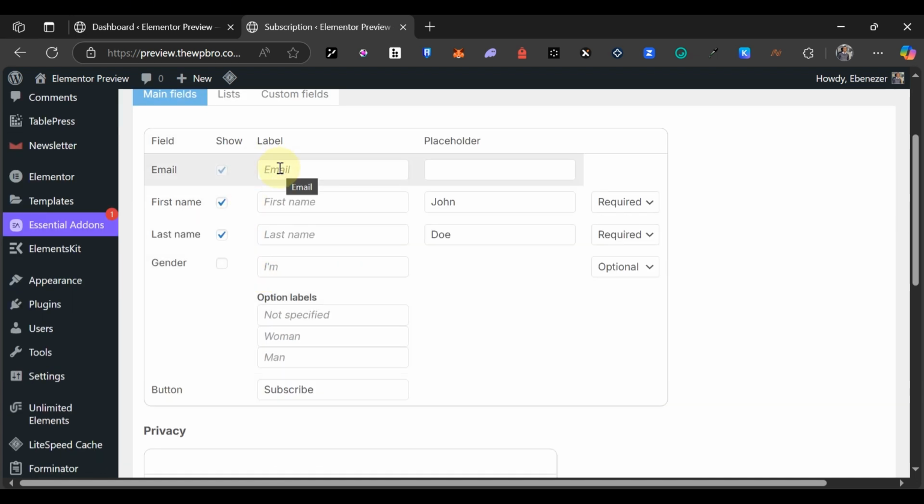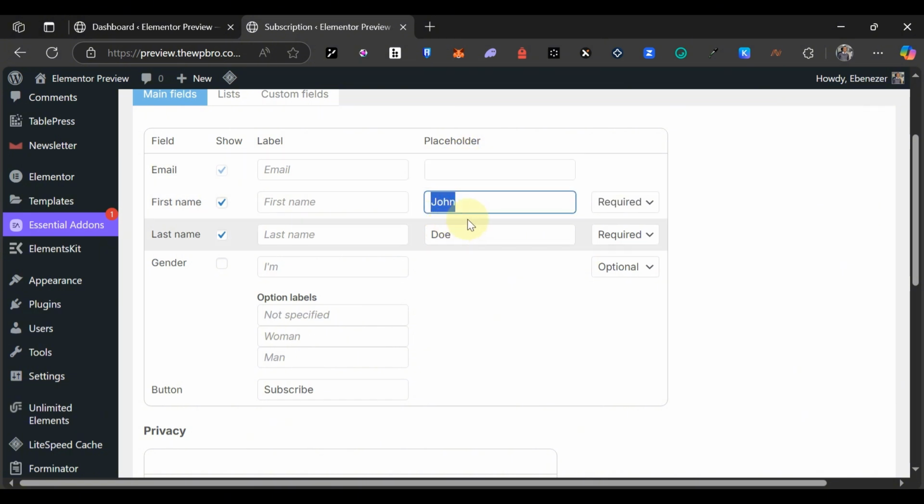So the email address is necessary, it is required, you can't untick this. Now you can decide to add their first name or last name. So if you want to request their first name, you can just tick this box and this is where they're going to put in their first name. You can put in a placeholder here. For my own case, I put in John Doe